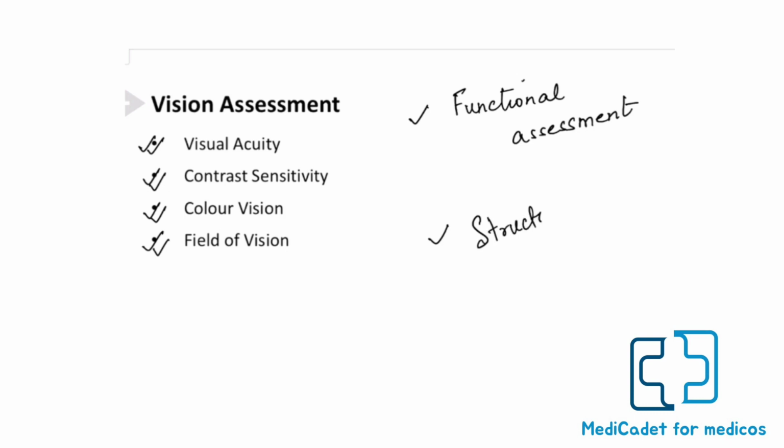That is, you have to evaluate the anterior segment and the posterior segment to see which of the ocular structures are normal, which structure is abnormal and which is responsible for this decrease in vision. So that is your structural assessment. Okay, so first I will come to the functional, that is the vision assessment,